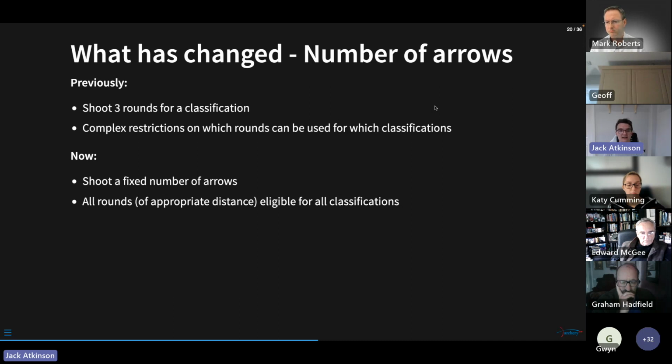And finally, previously you would have had to shoot 3 12 dozen rounds to claim anything in master bowman or grandmaster bowman. And so similarly, we have the requirement for 36 dozen to claim any of the master bowman tier